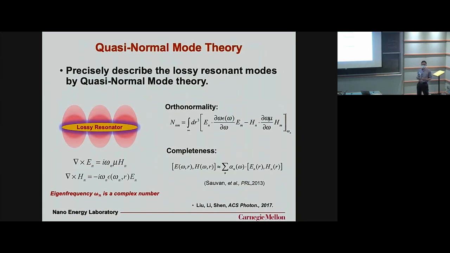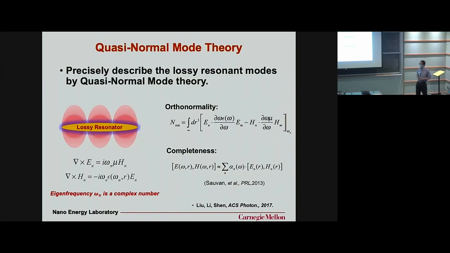So let me first introduce the Quasi-Normal mode theory, which is the foundation of a theoretical framework for studying the thermal emission from nanoplasmonic emitters or any other resonant thermal emitters in our work. Physically, the Quasi-Normal modes are essentially the eigen solutions to the Maxwell equations in an optical resonator, or optical cavity, or plasmonic